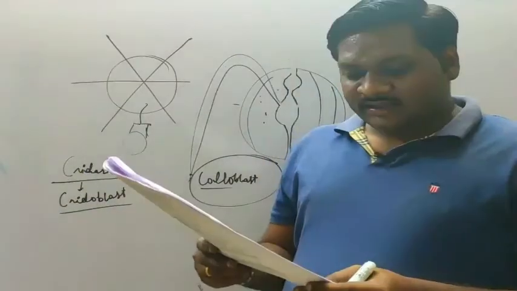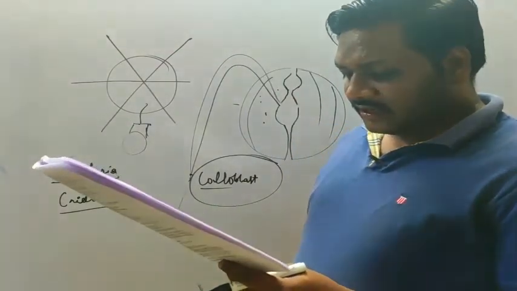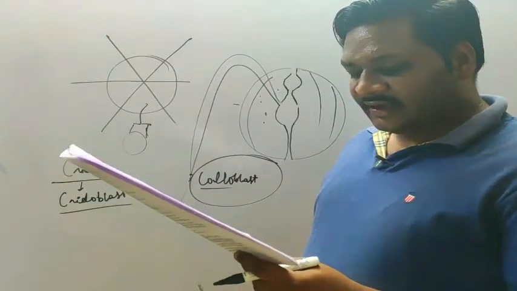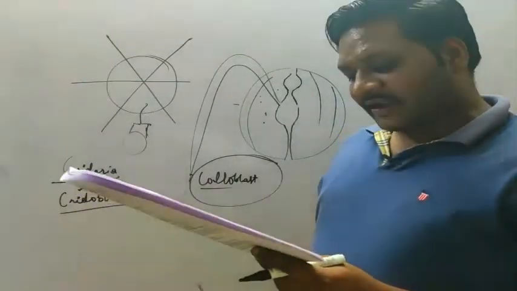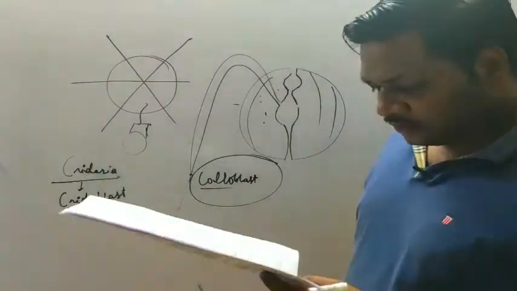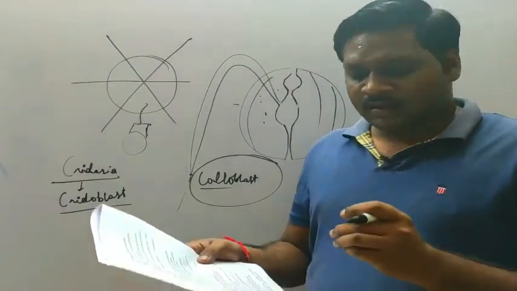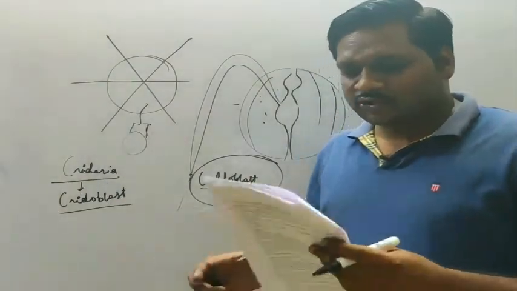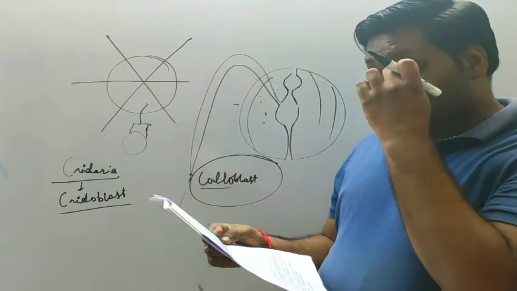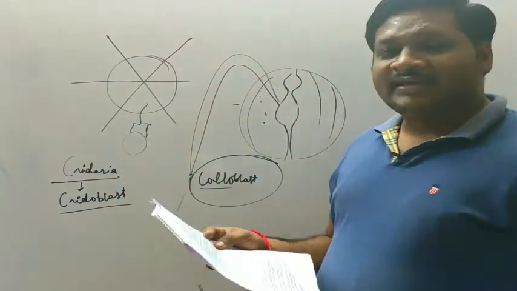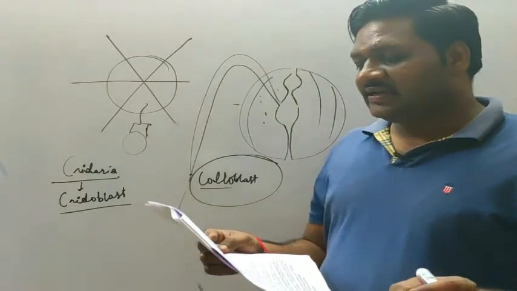The next, in the life history of liver fluke are present: A. Cercaria, B. Metacercaria, C. Sporocyst, D. Redia, E. Miracidium. What is the proper sequence? So these are the metamorphic stages of the liver fluke, and we have to consider which one is the correct sequence. Options A, B, C, D are given, so here the sequences are given. I'll tell you the sequences. Option number C is the correct answer over here. That is E, C, D, A, B.